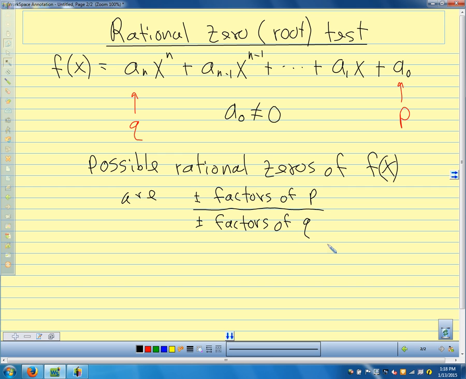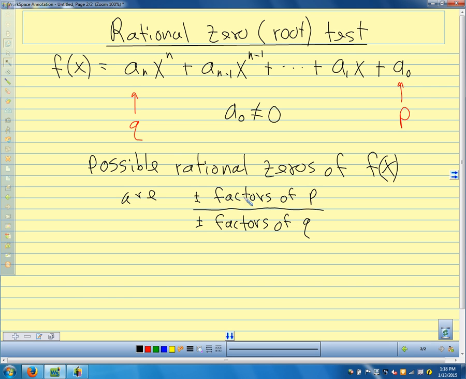Now, before we go on, what do we mean by a factor of p? What if p was 10? What's a factor of 10? 5? What's another factor of 10? 10? What's another factor of 10? 1? One more? 2. So we're listing those factors. Factors means it divides evenly. So this gives us numbers to test with synthetic division to see if our remainder is 0. That's what the rational root test